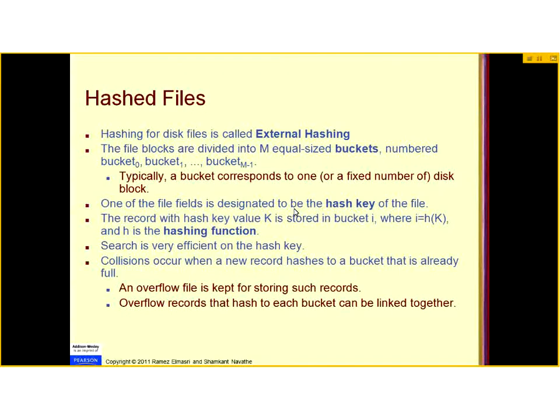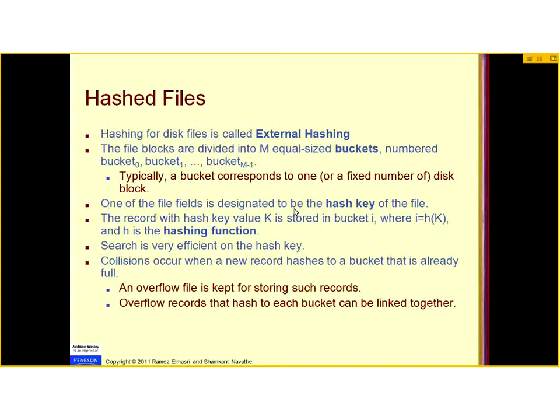Hashing is one way to manage your data either in your memory or on your disk. It is a method to organize your data such that it can be accessed quickly when you need it. Hashing is done with algorithms. When you perform hashing, you place your data in your primary memory. And it is done on the hard disk as well, when you place your data on the disk by using hashed files. Hashing for disk files is called external hashing.